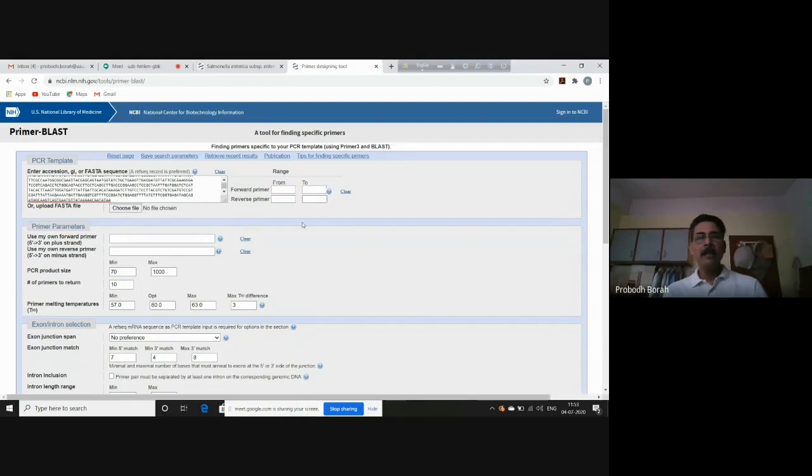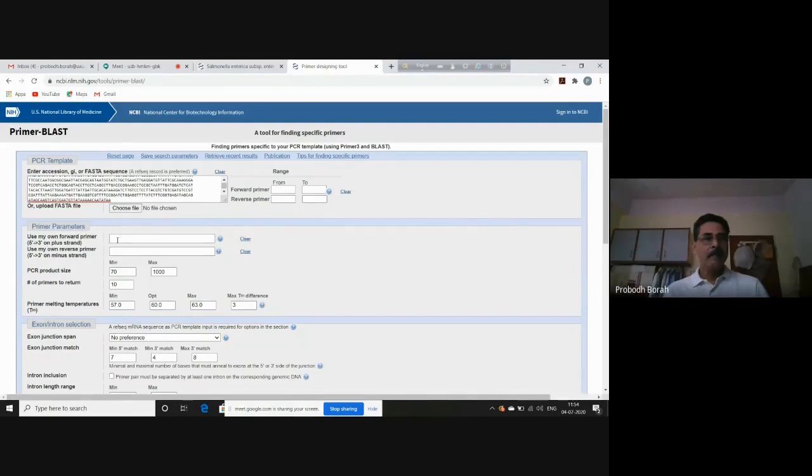But here in our case, we will not do that because we have taken only the gene sequence and we would like to use the entire gene sequence as a template. We don't have any specific target part of this gene to be used as a template. So we'll keep it blank.